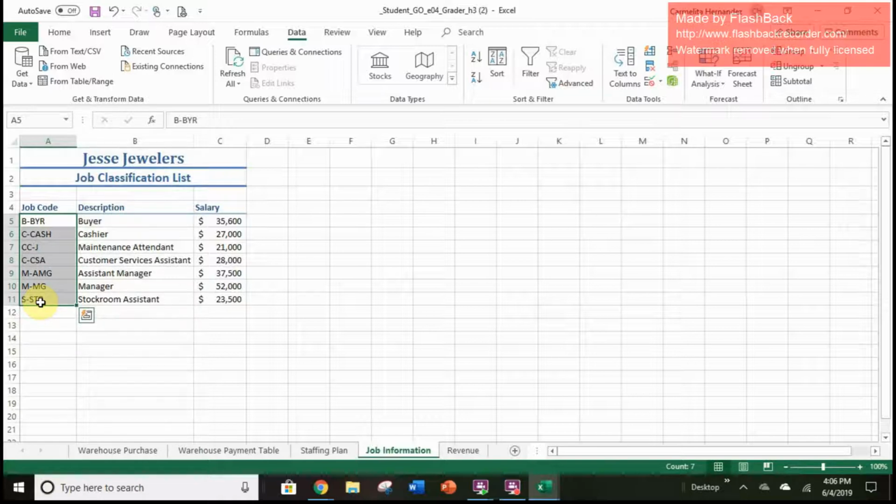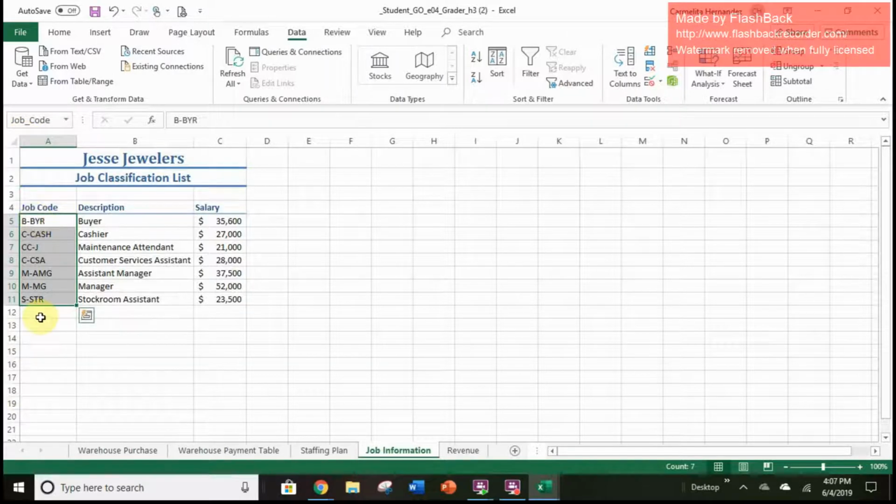Next thing we want to do is, see this box right here? Right now this column I have highlighted is just named A5. All you have to do is click right here and we're going to rename this job code. So just type in job and it wants this underscore right here and then code. Make sure you type it just like that, capital J, underscore, and capital C. If you don't do it like that, it might mess you up a little bit later with the other steps we're about to do. Alright, so once you hit enter,